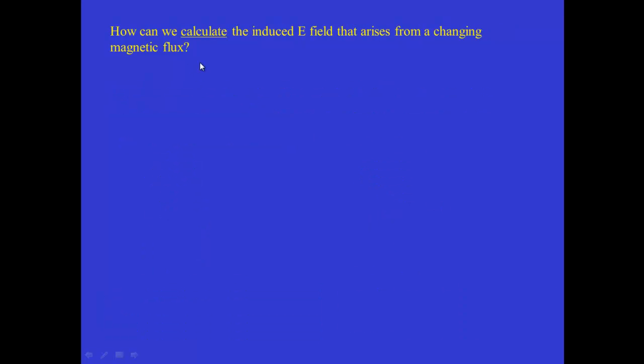Now, last thing then is, what if we want to calculate the induced electric field that is mentioned in Faraday's law? An electric field that arises from a changing magnetic field or a changing magnetic flux. How do we calculate it? And it's really kind of clever. We can exploit a really neat symmetry between magnetostatic fields and Faraday-type electric fields. And it's a mathematical symmetry that we find if we consider the relationship between Faraday's law and